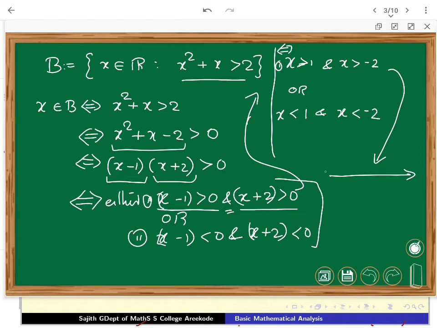So what is happening here geometrically? We have x greater than 1. So it includes everything on the right of this point, that is the open side like this. And simultaneously, x is greater than minus 2. So minus 2 is here and everything to the right. So it is the intersection of this one as well as this one. The intersection is obviously going to be x greater than 1. So this is if and only if the first condition.